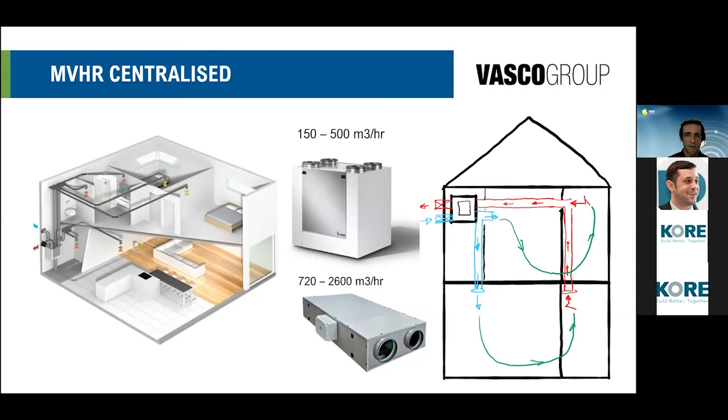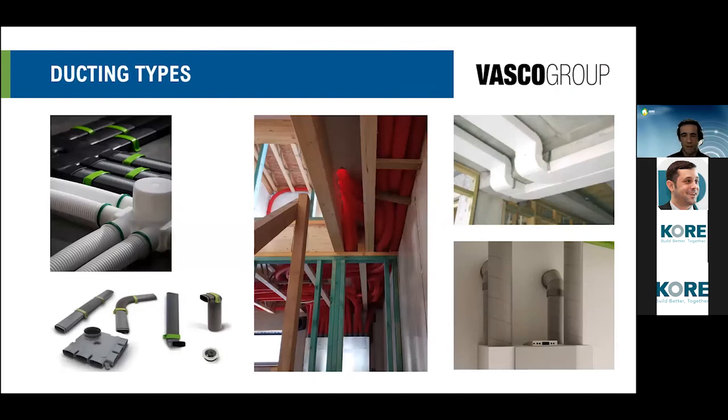Generally, with the centralized system, we're ideally looking at a unit mounted inside the insulation envelope of the house. They can be fitted in attic spaces, but that does require a little bit more detail. But the general principle is we're taking warm or humid air continuously from wet rooms, cycling it through a heat exchanger and providing clean, fresh air to the habitable rooms. The amount of air that we decide to bring in is based on the same standards as for decentralized. So to look a little closer at ducted systems and to talk about the design,